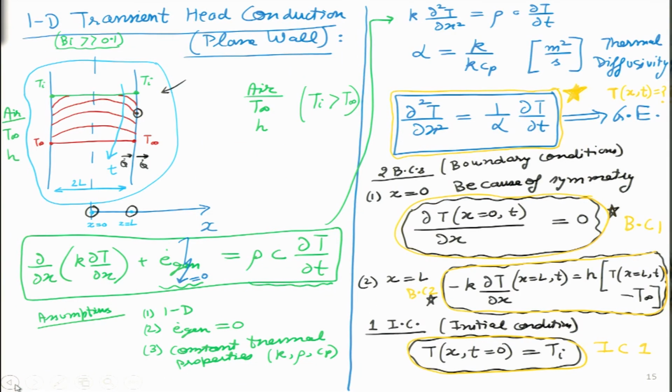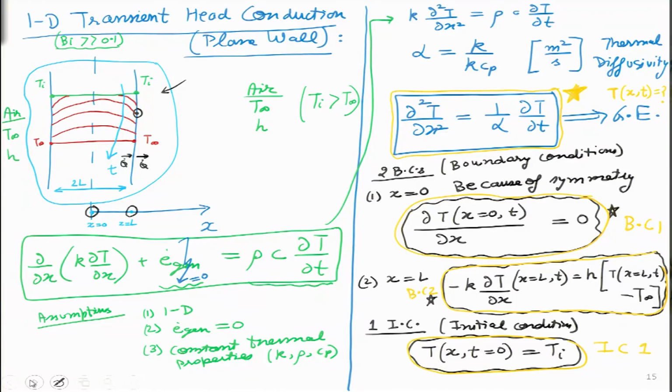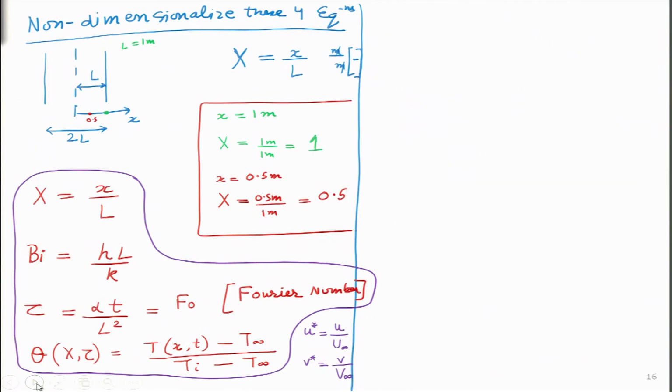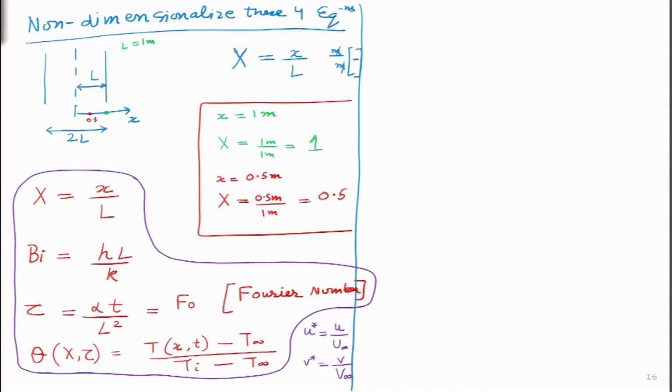Next, you remember these four yellow equations that we have shown: the governing equation, BC1 and 2, and the IC. Let us try and see whether we can non-dimensionalize them as well. That would be a very interesting exercise, but it is going to take two or three slides. So, just bear with me, because it is a little lengthy process, and I am going to explain it in detail so that the process is illustrated to the students. Over here the first step is that I want to non-dimensionalize the main equation, which is the governing equation. I will write it as step 1.